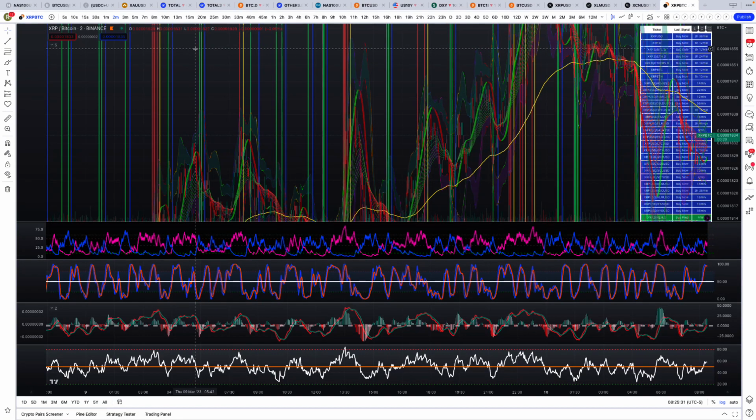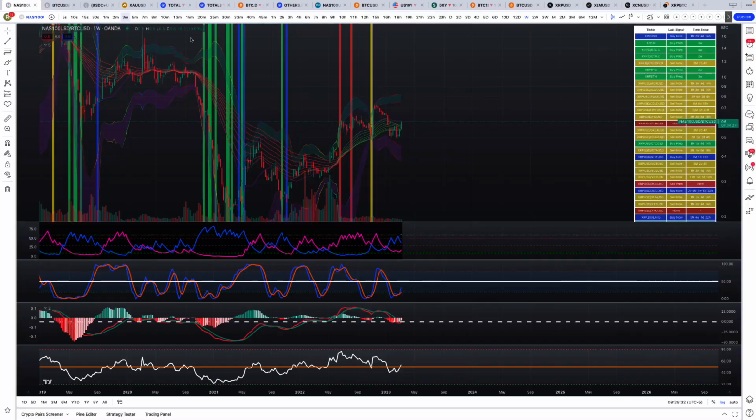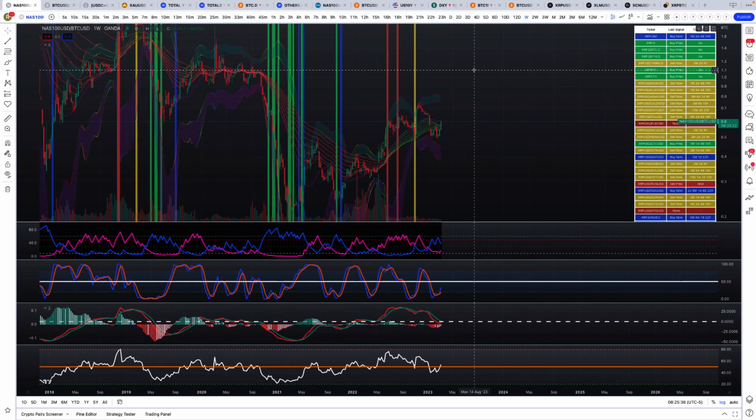It is March 10th. It's 8:25 a.m., and this is the crypto market update. We're going to end off this week with a macro update. We're going to take a look at those key charts that we look at to see if we're on track